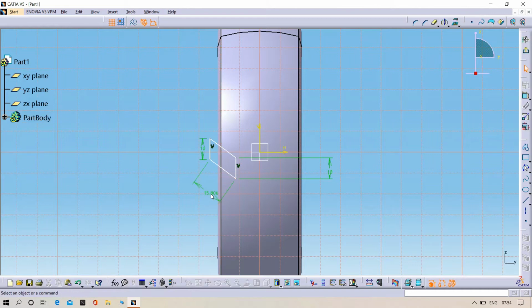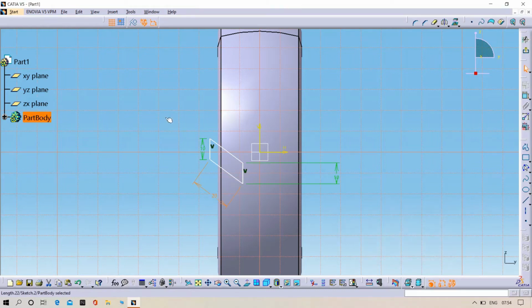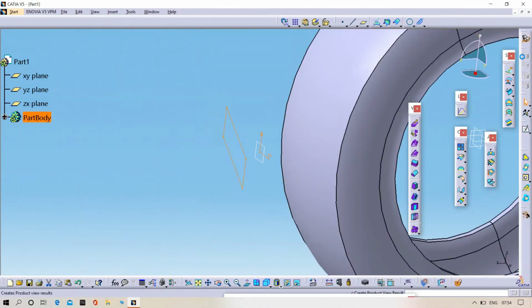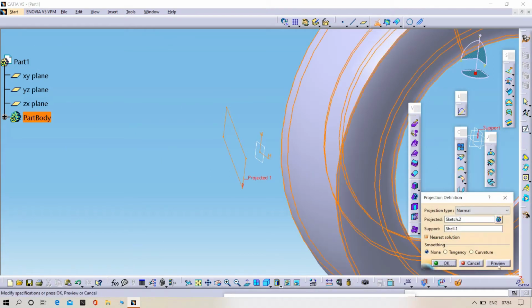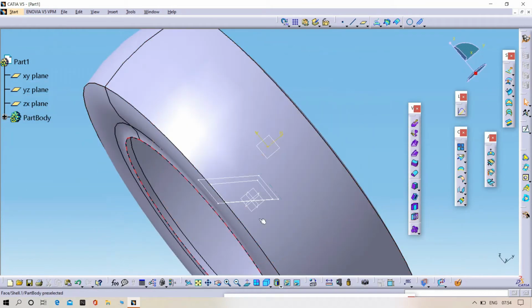You can increase up to 20. Yeah, that is enough. Then try to exit from the workbench. Then project this part on the tire surface. Then click OK. Yeah, it is perfect.